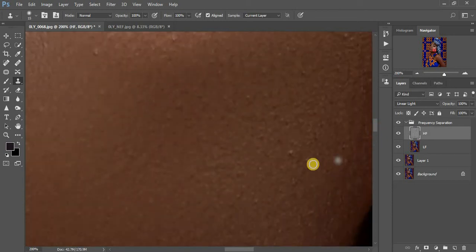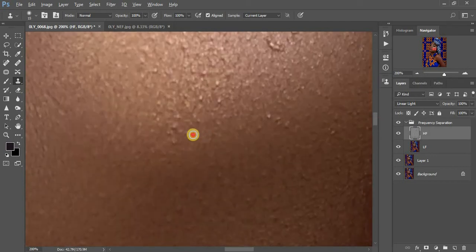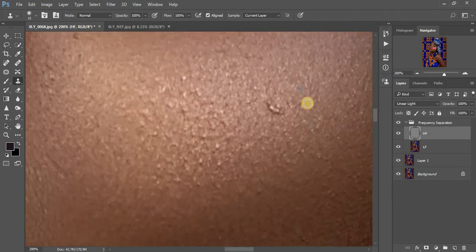You have to really be careful with beauty skin retouching, because every mistake you make, you will be accounted for at the end of your retouching. So this can be like an exam, so make sure you are careful when you are doing each and everything about skin retouching. So we have these blemishes, and don't forget to remove the blemishes from the skin when you're